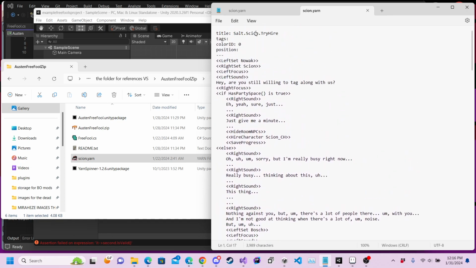And then this bit here is also important. The right set and left set. Stuff like Noak and Bosch exists in the base game. You can just call those. For your own custom speakers, you will have to do a little bit of extra stuff, but I've super simplified